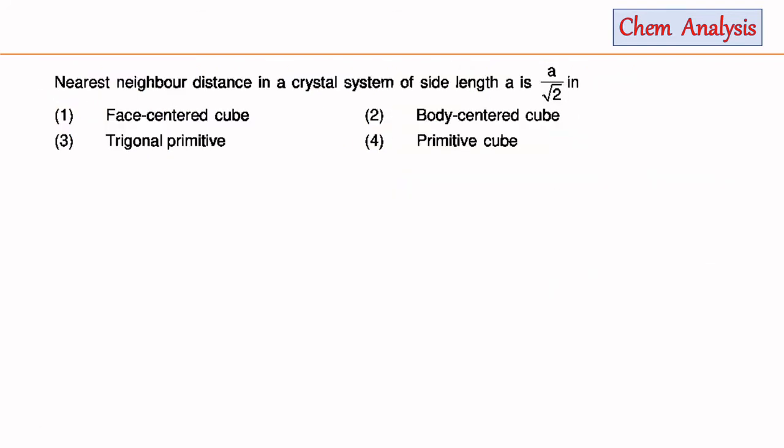This is a question from solid state chemistry, and you have to tell the relation between the distance between two neighbor atoms. If both the atoms are the same, and the radius of each atom is r, then the distance between two neighbor atoms will be r plus r, that is 2r. And if both the atoms are different, for one the radius is r plus and for another the radius is r minus, that is one is cation and another is anion, then we have to calculate the relation between r plus, r minus and the side length of the crystal.